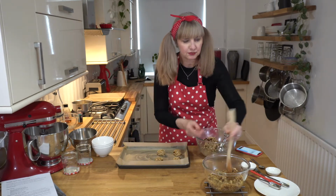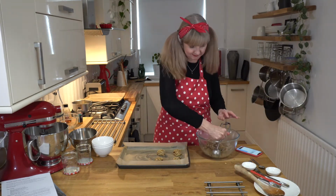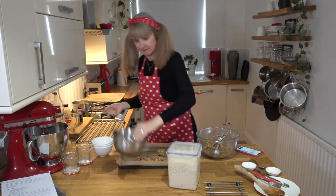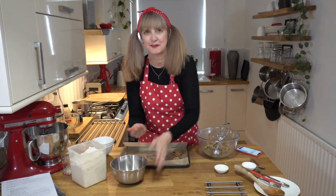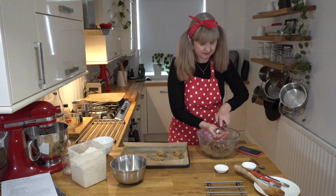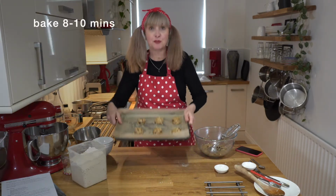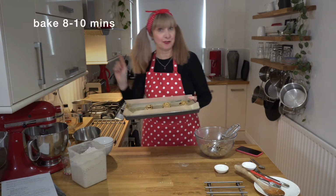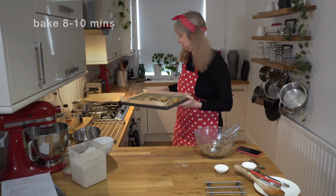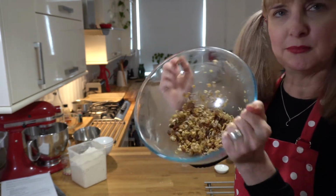What I might do, I might actually just pop this bowl in the fridge while we're doing these ones. Just going to grab some flour out. So I'm just adding a little bit of flour to my hands to help form them. What I'll do is I'm just going to put the first 6 in the oven and get those cooking. So we're going to bake them for about 8 to 10 minutes and I'm going to keep an eye on them. Just show you, see this, the rest of the mix has gone a little bit crumbly,